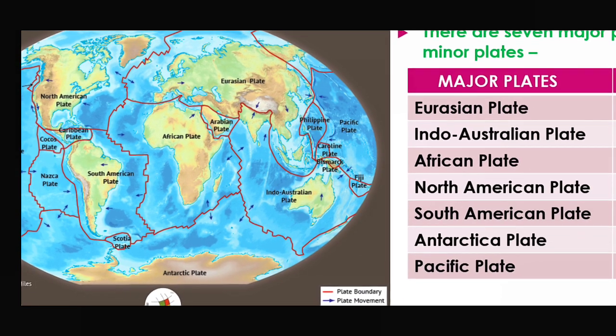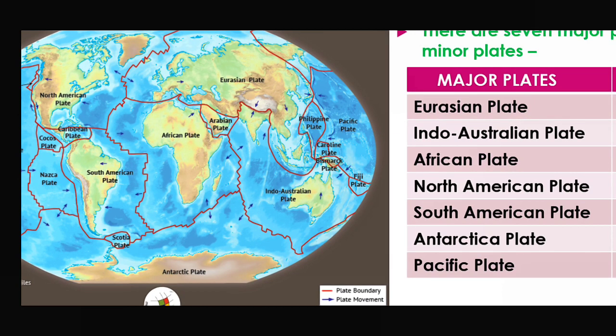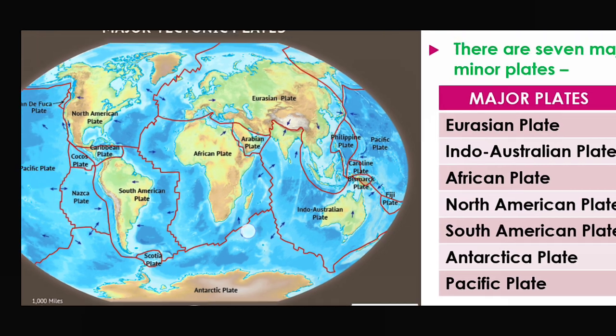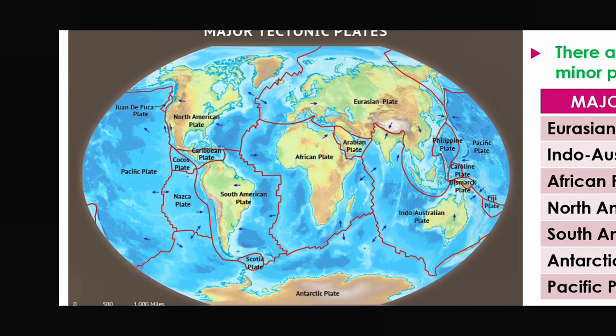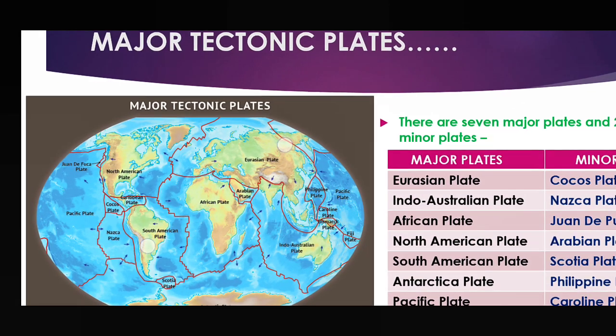Next, the Antarctica plate. Take a look. This is called the Antarctic or Antarctica plate. This is also one continent. Pacific plate. Take a look. This one is the Pacific plate here on the right-hand side towards the east, and also here, take a look, this is also the Pacific plate. So the Pacific is the oceanic plate. Clear? So there are 7 major plates present.